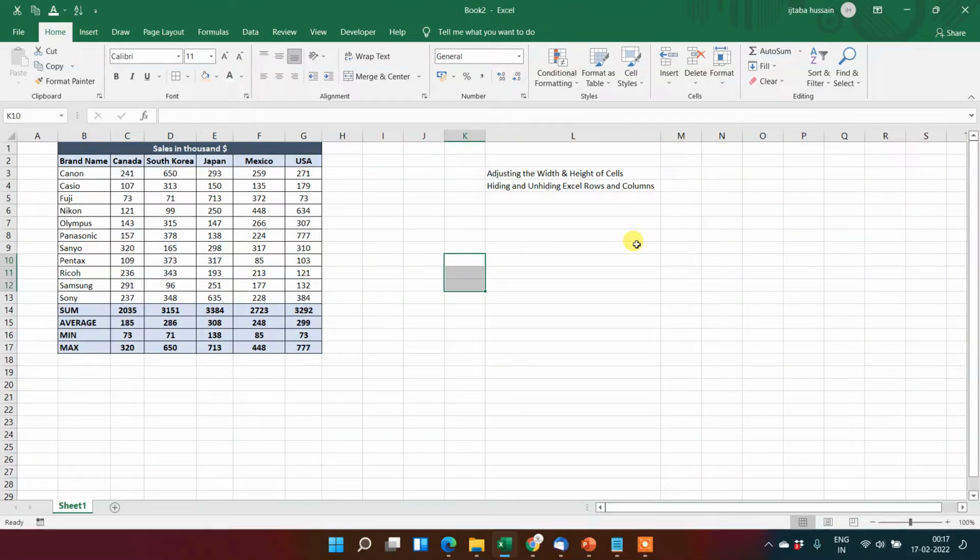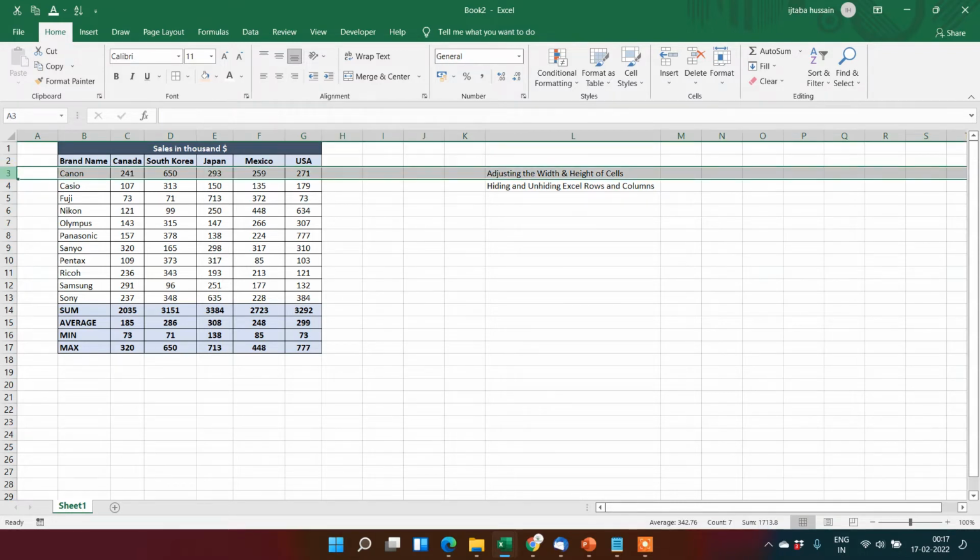Hi, in this video, we will learn about two different things: adjusting the width and height of cells and hiding and unhiding Excel rows and columns. So starting with adjusting the width and height of the cell, we can adjust any cell's height and width